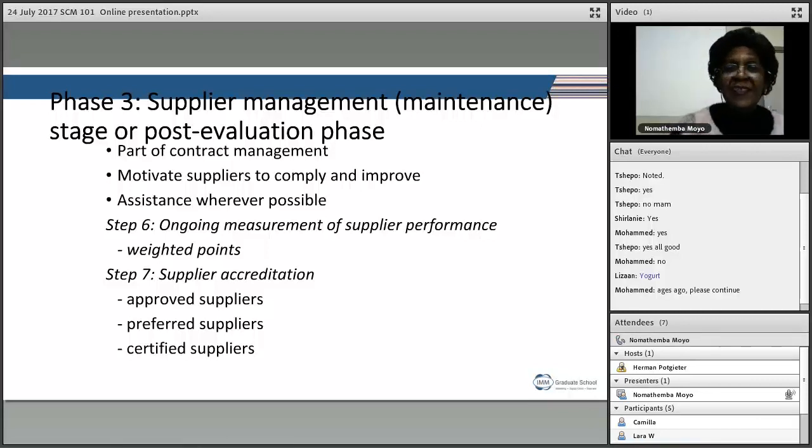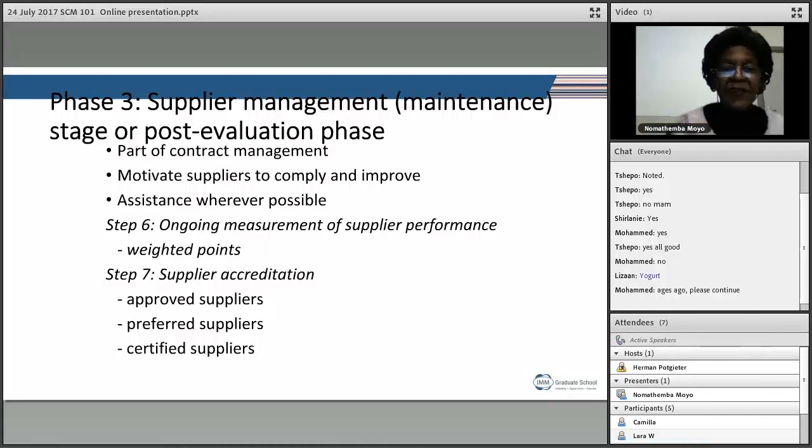Then phase 3 is supplier management. Now you have your suppliers. You are now maintaining. This is part of contract management. Motivate suppliers to comply and improve. Give them assistance whenever possible. Step 6, ongoing measurement using weighted